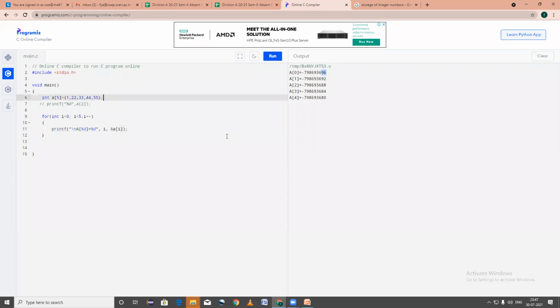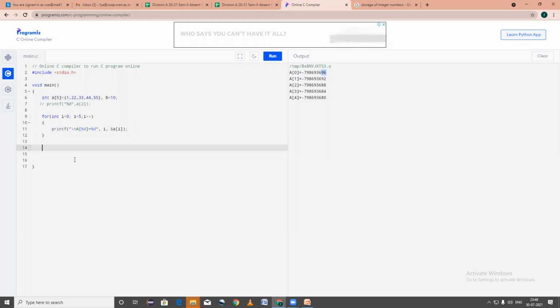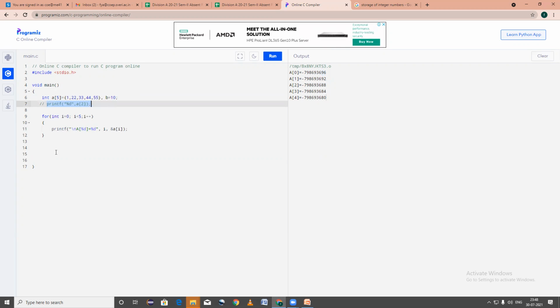Now check here. I will give one more variable. b is equal to, let's say, 10. I need to give a comma here, and here I will print the value of b.